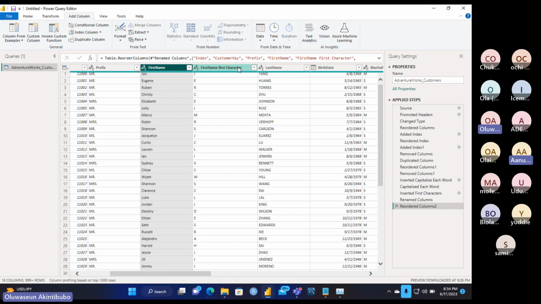All right. So what we want to do is to extract the first letter of the first name, and extract the last two letters of the last name. What do you mean by extract? When I click on the extract, that was where I got stuck.